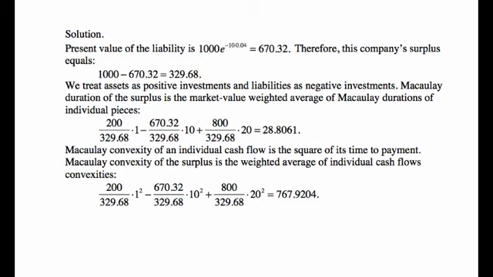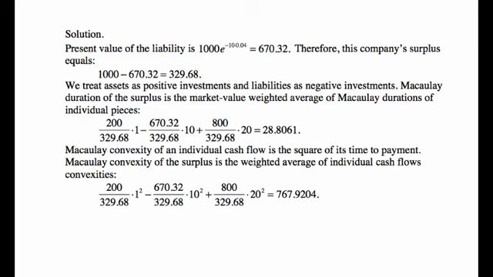The weight of the liabilities portion of the portfolio is minus 670.32 because that's a liability, so it's like a negative asset, divided by 329.68 times 10 because Macaulay duration of that liability is 10, plus 800 over 329.68 times 20 because the Macaulay duration of the asset, it's just a zero coupon bond, 20 years of a zero coupon bond is 20, and we end up with